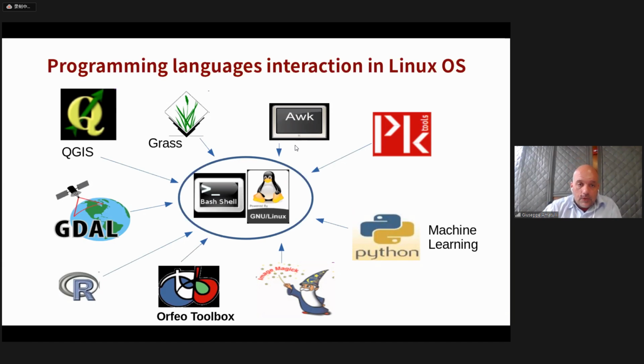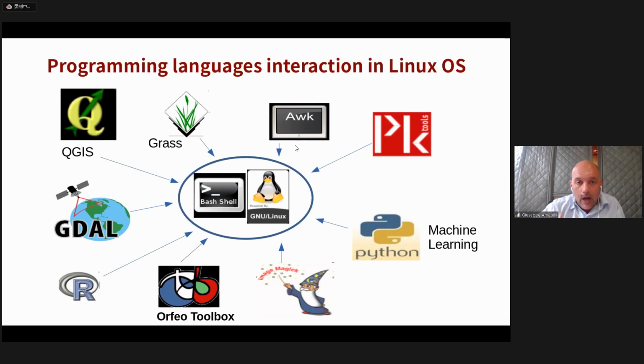So we really strengthen this language interaction, because the different languages need to talk to each other. They are not independent scripts that you can run one by one, but they are really connected in a workflow